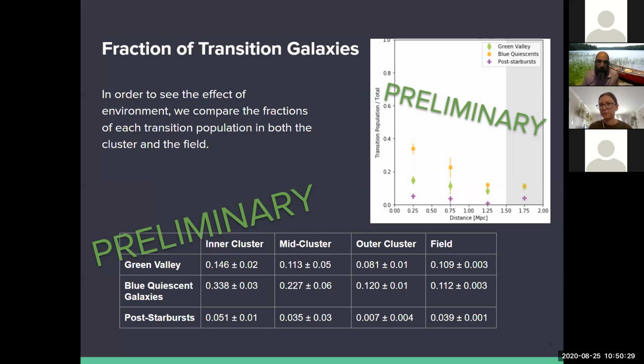Right. Yeah, I'd just be interested to see that, because I'm looking particularly at your post-starburst, for example, where you've got a comparable fraction in your field to what you've got in your mid-cluster. I'd be interested to know how much of that is contamination, like I say, from things like backsplash galaxies, and how much of it is actually intrinsic. Yeah, that's a good point. I agree. Okay, thanks. It's good discussion, and it'd be good to come back to this. I think there's lots of things to talk about here. But the last science